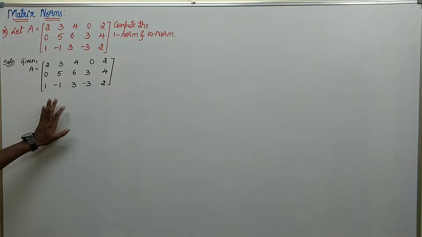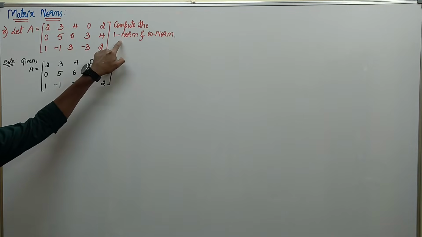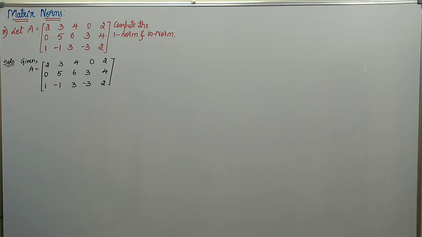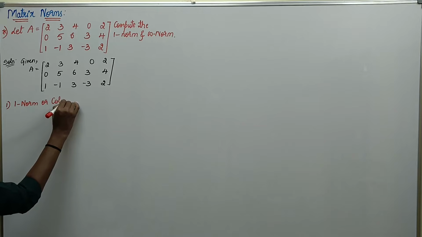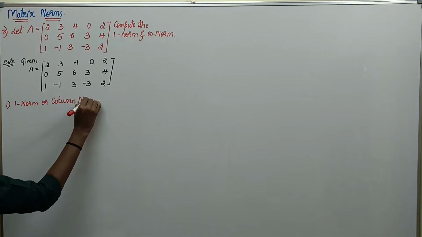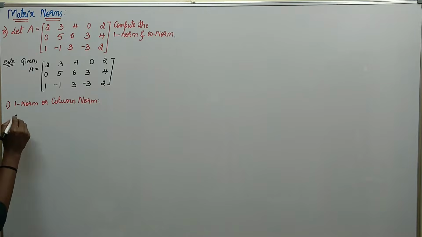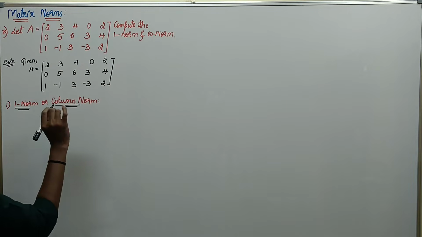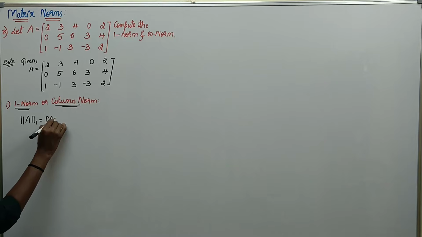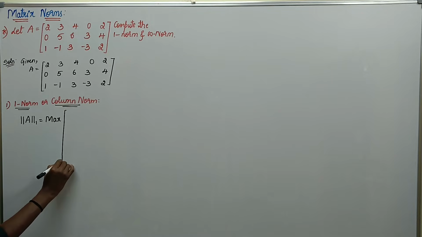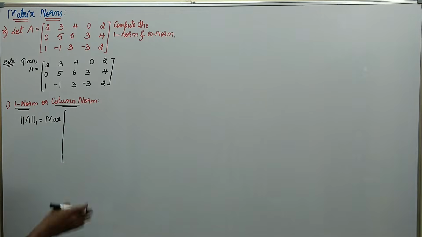Considering the given matrix, they have asked to find first the L1 norm. What does this L1 norm represent? The one norm, or we can also call it the column norm. What the one norm or column norm represents is nothing else: norm A1 is equal to the maximum of, you just add the column wise elements,